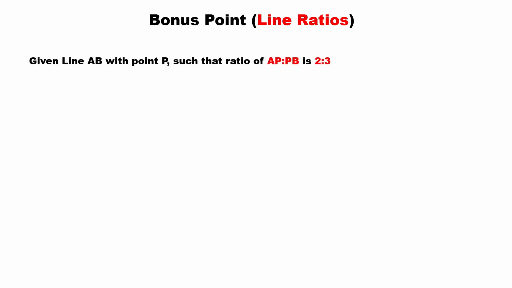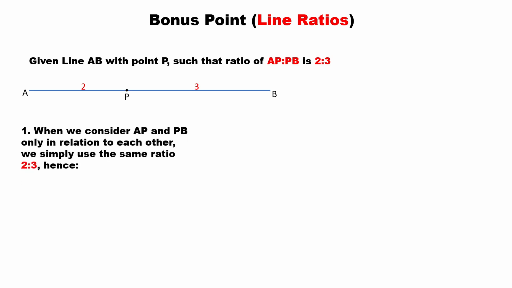Let me give you a bonus point about ratios on a line. Suppose we have a line AB with a point P in between, such that it divides the line AB to AP and PB in ratio 2 as to 3. So, the first case is, if we consider AP and PB only in relation to each other, we simply use the same ratio 2 as to 3, hence, AP equals 2 over 3 PB, and PB equals 3 over 2